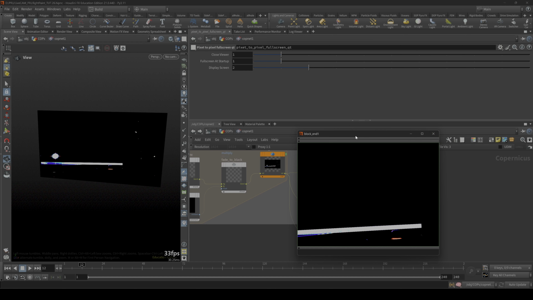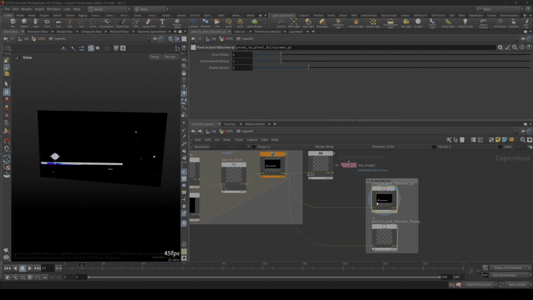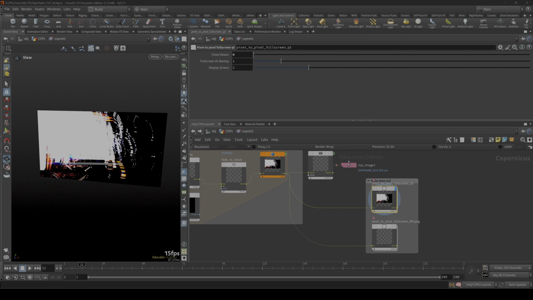So I don't need this stupid title bar and all this. I put in an RFE with Side Effects a few years ago, hoping they'll add that. But in the meantime, I've added this. You can see right now I'm way over 24 FPS, which is great. But when I enable the viewer here, and you can see I'm getting feedback from the monitor over and over and over again,